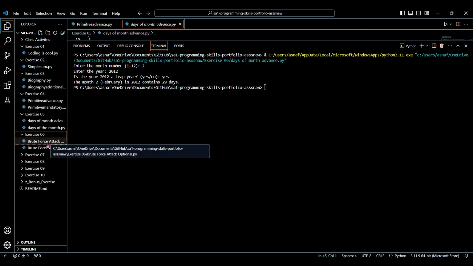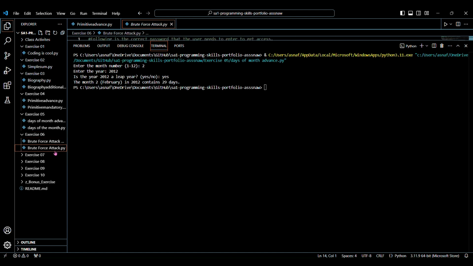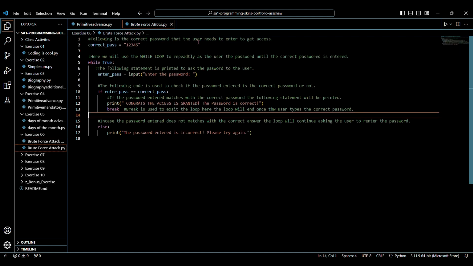Over here again, we have two sections. One is brute force attack additional, and the other one is mandatory. So let's start with mandatory. Following is the correct password that the user needs to enter to get access. So the correct password is 12345, and then we need to see if the user has entered the correct password